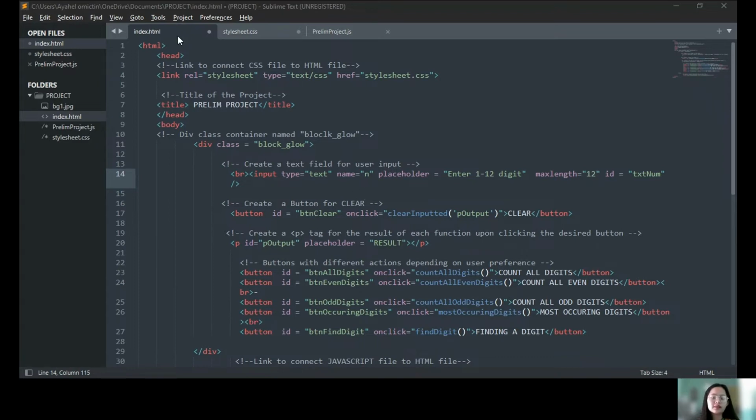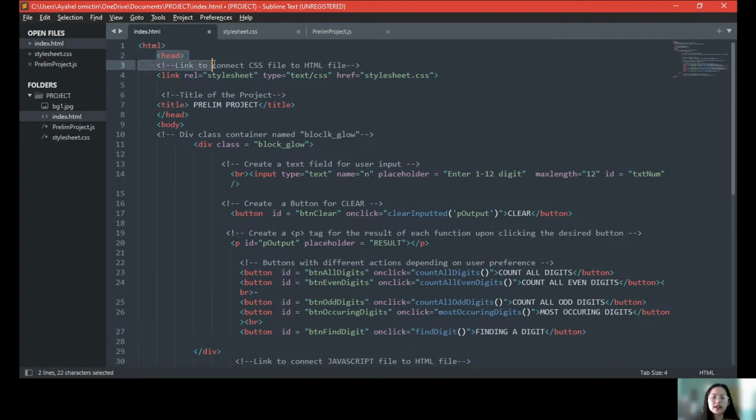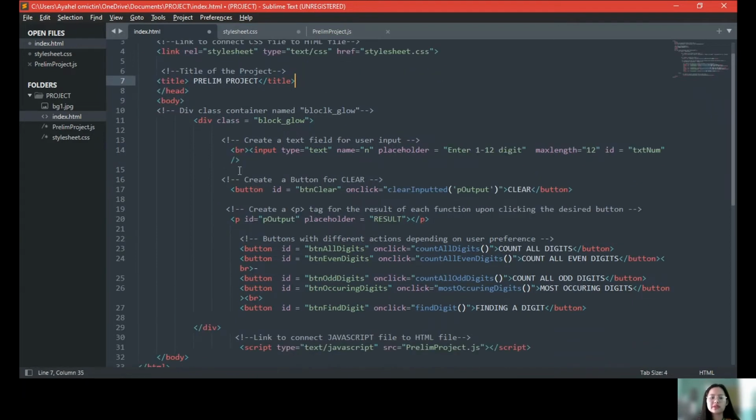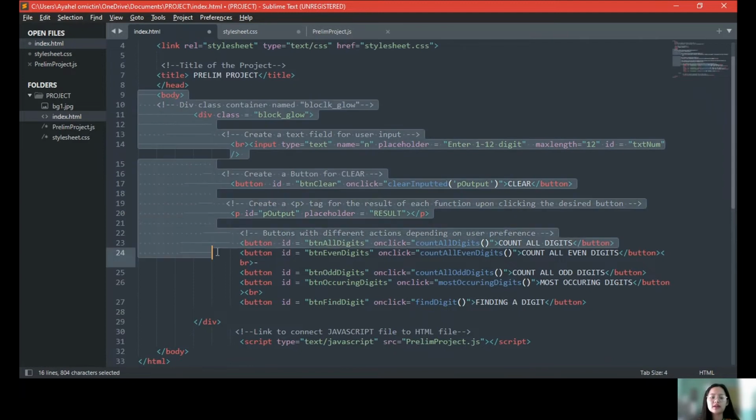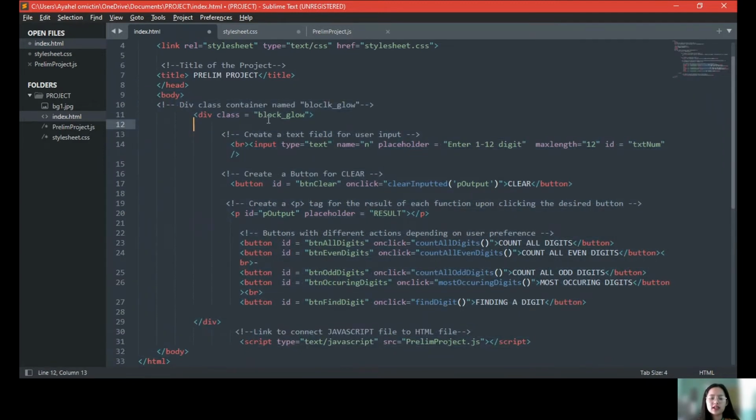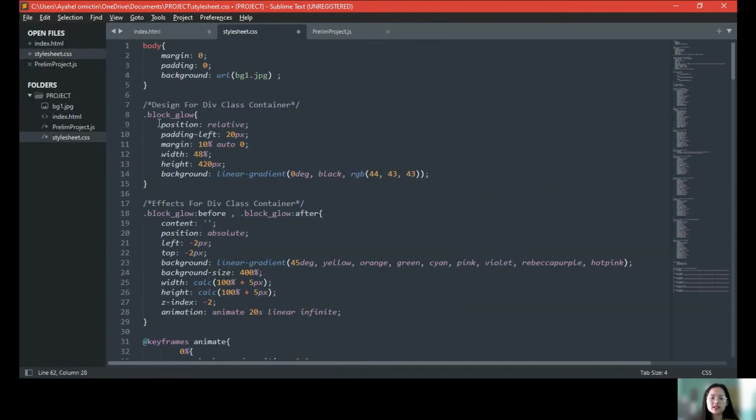In our index.html file, we have an HTML tag, head tag, title tag, and a body tag. Inside our head, we create a link to connect the CSS file to the HTML file called stylesheet.css. We also have a title called Prelim Project. Inside our body, we have a container called black glow, and this is the CSS code for the